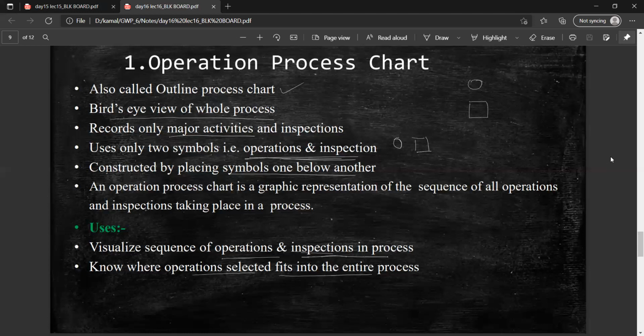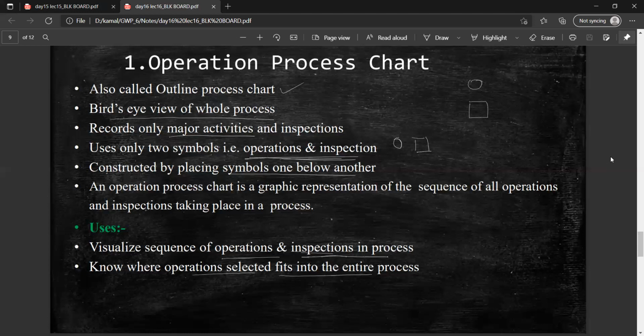Now it is constructed by placing symbols one below another, that is the graphical representation. So only a circle and a square will be used. That is, the circle is for process operation, and the square indicates the inspection part. So operations and inspection parts will be there. Basically, as I told, an operation process chart is the graphical representation of the sequence of all operations and inspections taking place in the process.